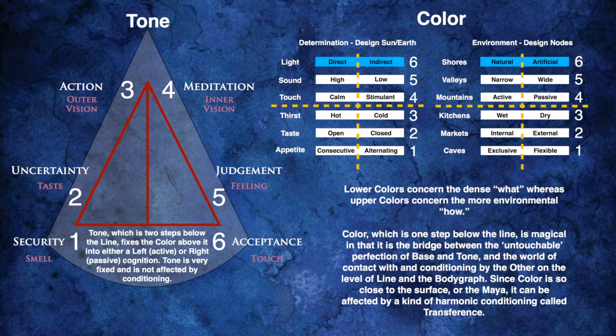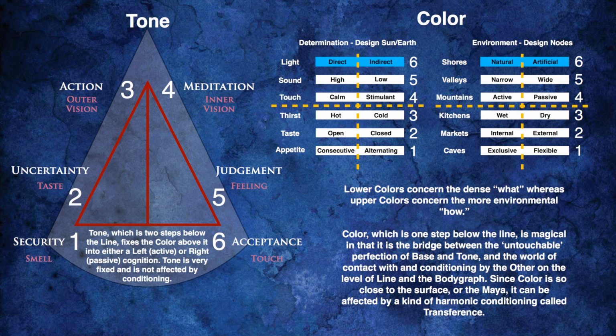There are certain things about people with a right fixed 2nd color and how they hold on to things, how their body might be holding on to things, and how they need to learn to open up. And there are things you can notice about right fixed 3rd color people as opposed to left fixed 3rd color people. And there's 12 different combinations of these. So you could say there are 12 different modes of being, even though within that there's even more differentiation, because of course we don't have just